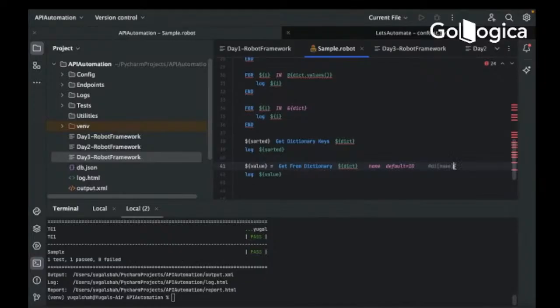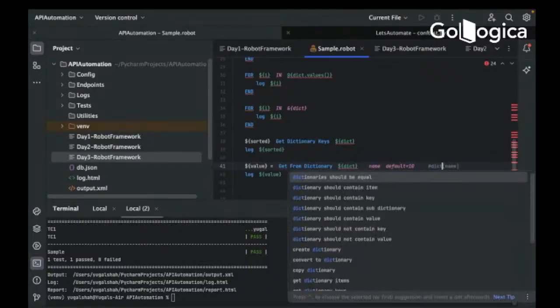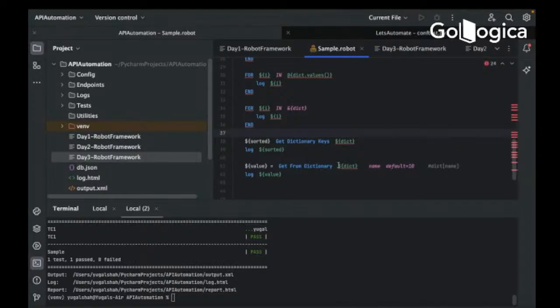It's trying to find this value in dict, like dict of names. This particular keyword is doing this particular thing, dict of name. But if name is not found, name is not there in the dictionary, then it will throw us the error. But if we don't want that error, and instead we want to pass the default value,